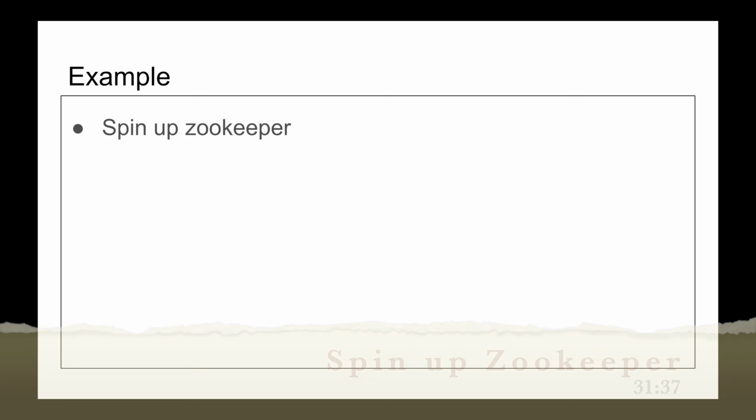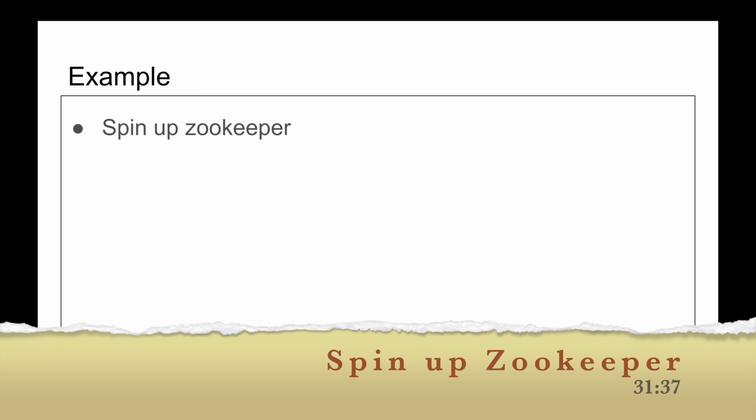Here's what we're going to do. The first thing is we're going to spin up a ZooKeeper instance, because even if we're going to work with one broker, unfortunately we need ZooKeeper. I have no idea why. It's just baked into the technology. They need it just to start. So you need ZooKeeper to just herd the